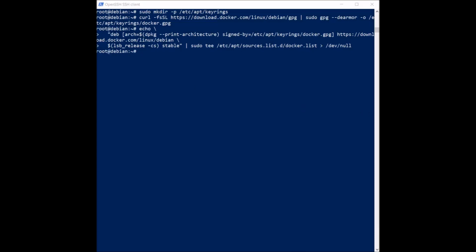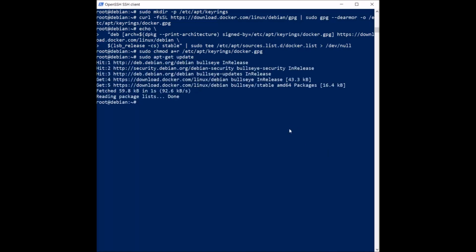So, okay. Next thing I'm gonna do, I'm gonna use here sudo chmod, gonna modify the Docker GPG key, and now I'm gonna do apt-get update again, so to pull down necessary stuff. And now we can actually proceed with the install